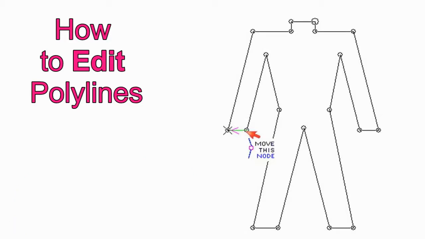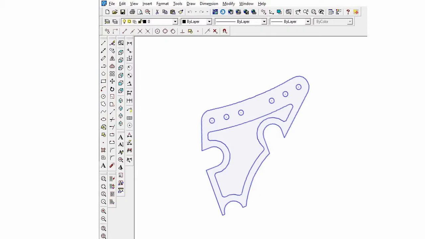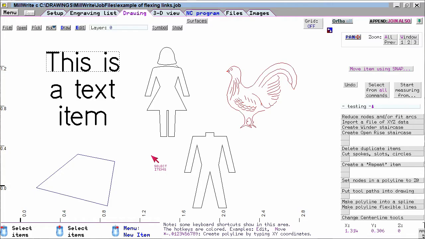With most software, when you want to create or edit a drawing, you have to move the mouse back and forth between the drawing and a panel of tiny icons. With MillWrite, many of the drawing and editing functions are available by clicking your right mouse button. This can save time because you don't have to move the mouse back and forth from the drawing to the